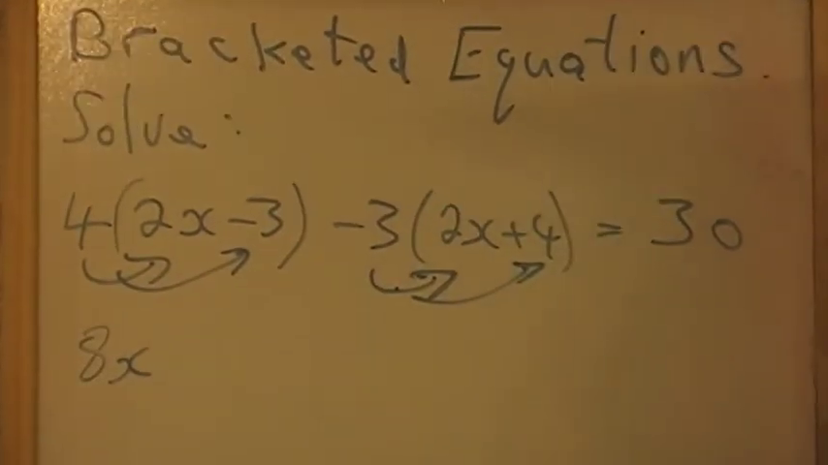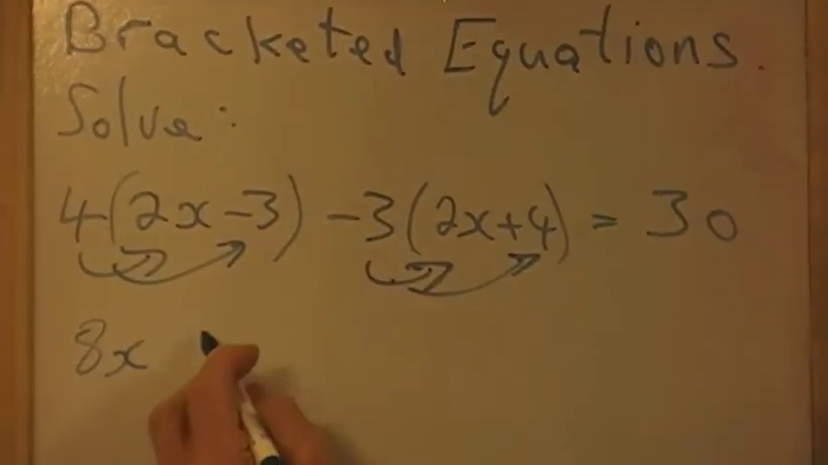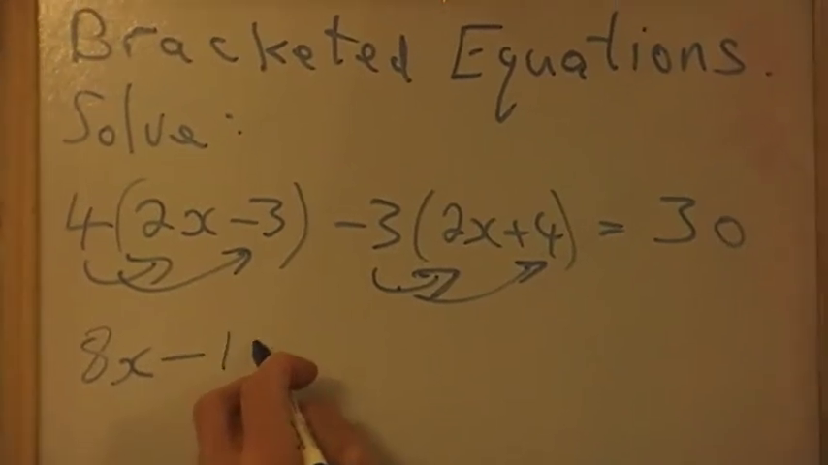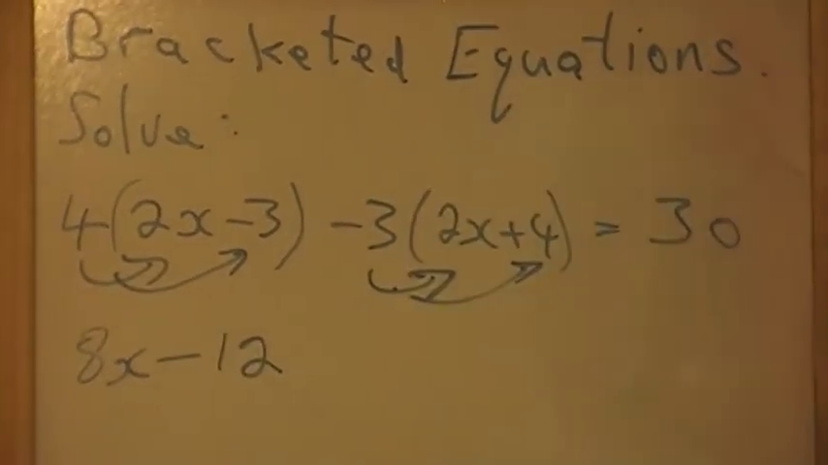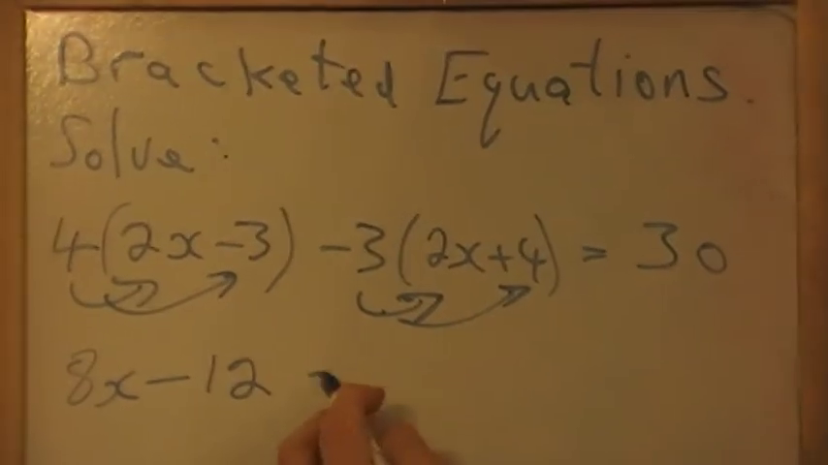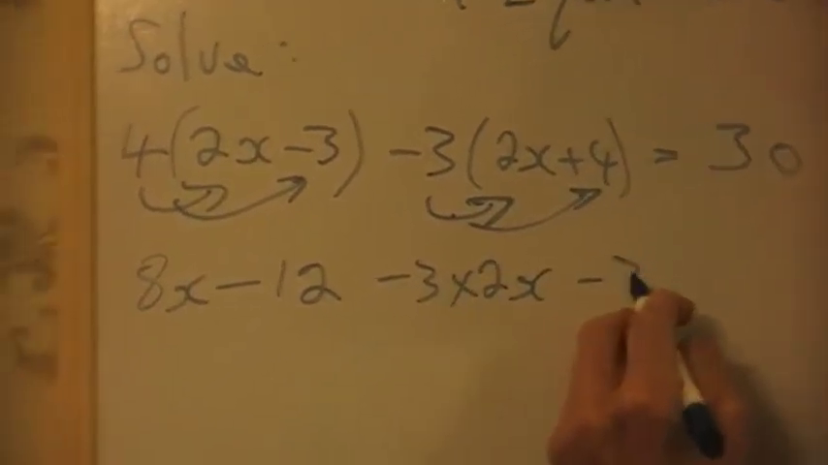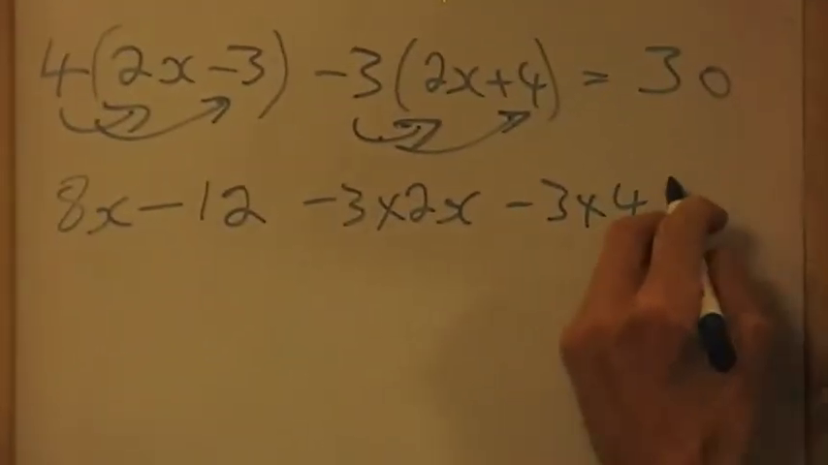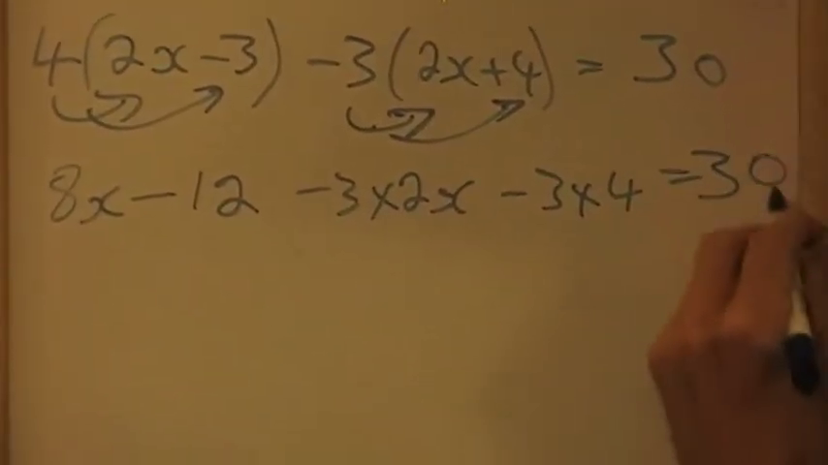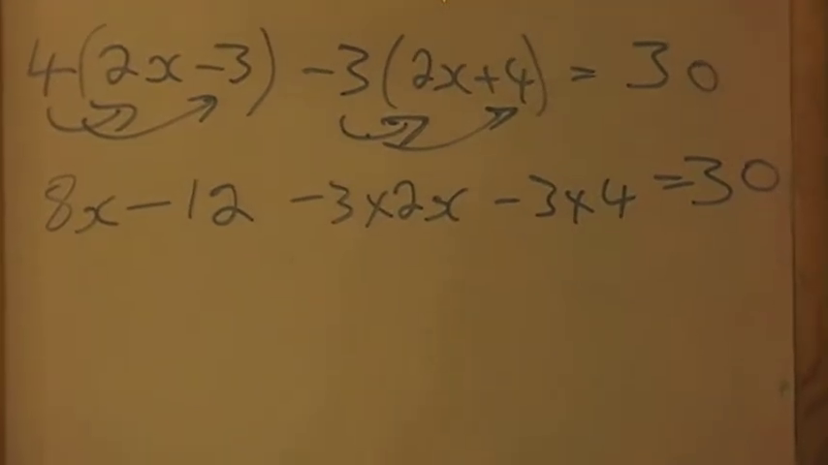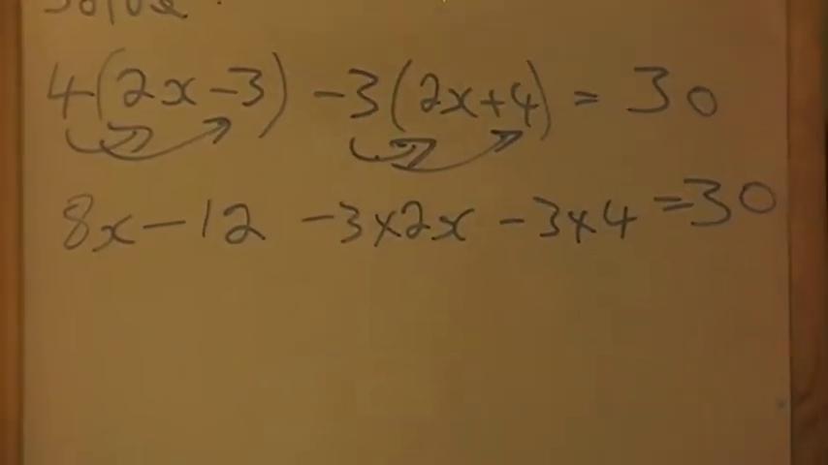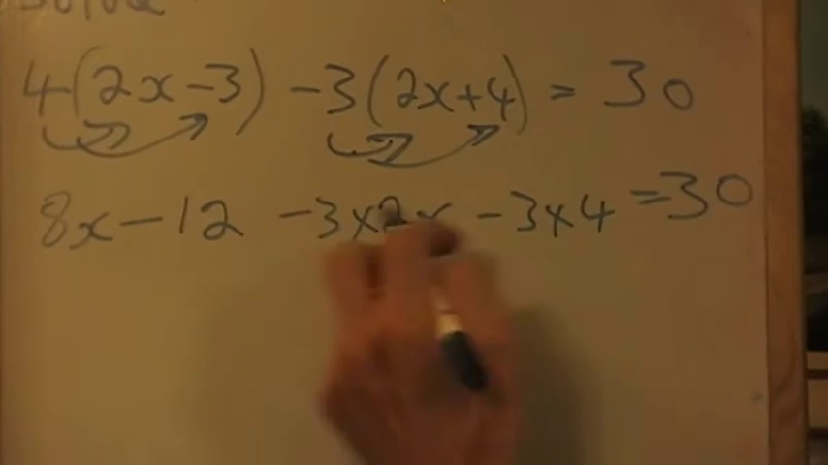4 times minus 3, well that's an odd number of minuses, so that's minus 12. Then we have minus 3 times 2x, and we have minus 3 times 4, and that equals 30 on the other side of the equation. Now we simplify just a little bit, and we have